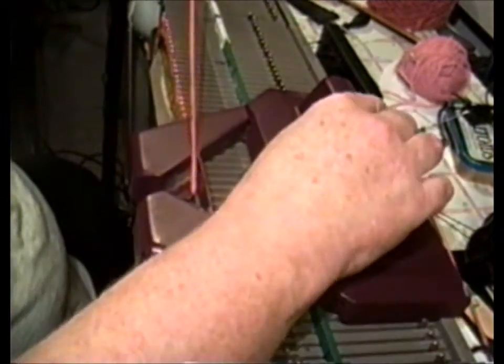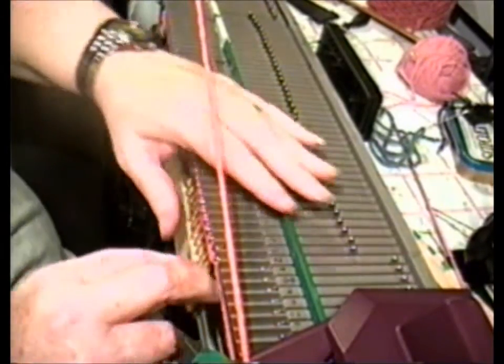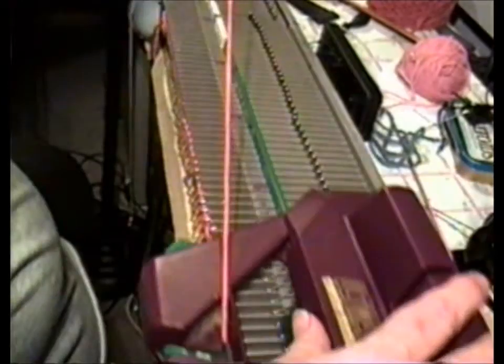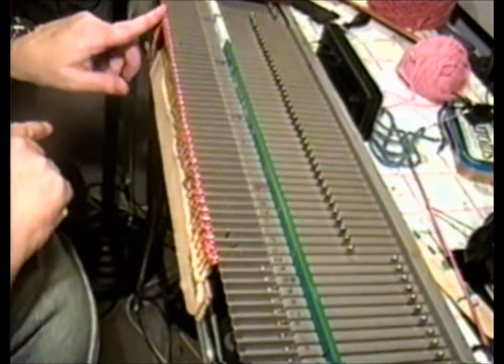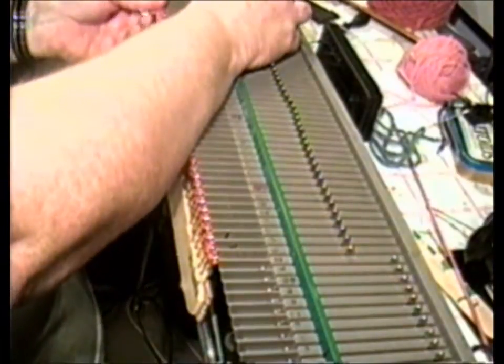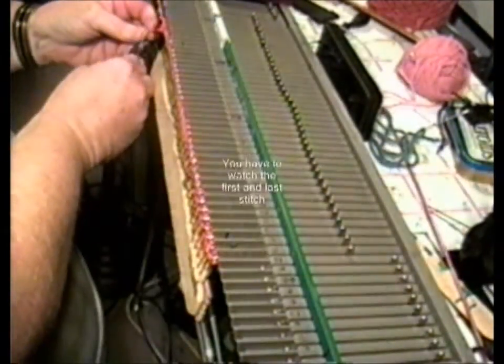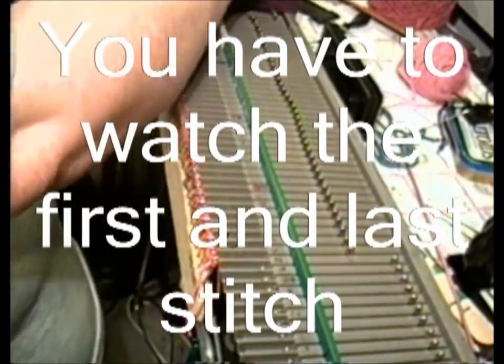So there's my 4 rows. Oh, there's 2 rows. Excuse me, can't count. Let's go one more. For this last stitch, you have to watch. It's telling me I don't have enough weights on it. Okay,